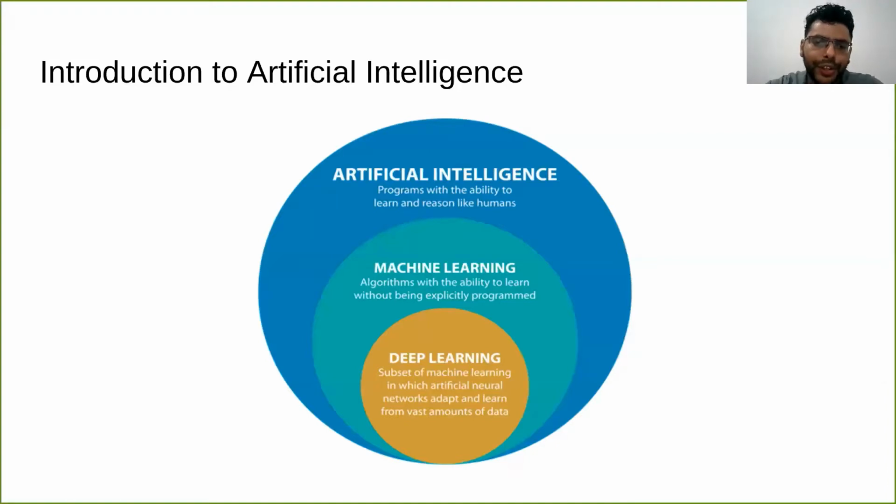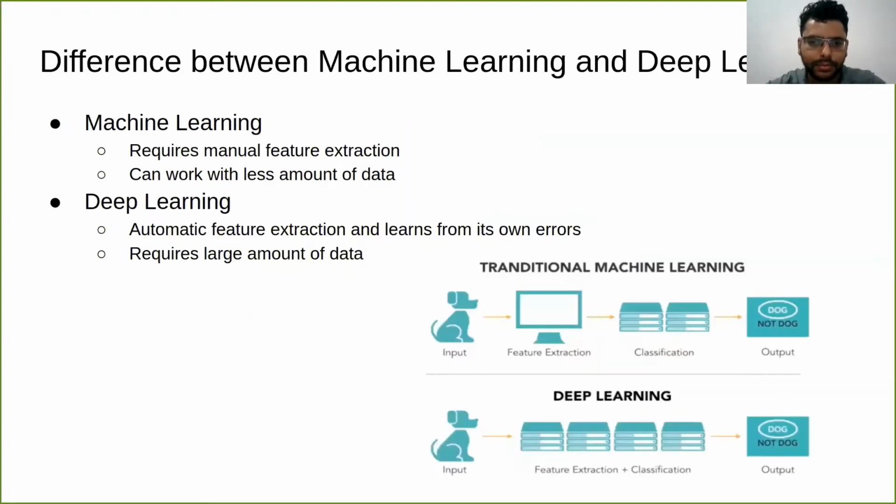But when we talk about the term machine learning, it generally refers to AI and deep learning as well. So don't get confused with the word machine learning, and I might be using the term machine learning throughout this session. Machine learning in general means artificial intelligence. Yes, so just a brief introduction of how machine learning and deep learning are different from each other.